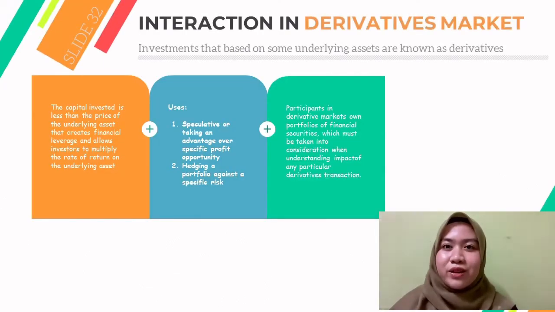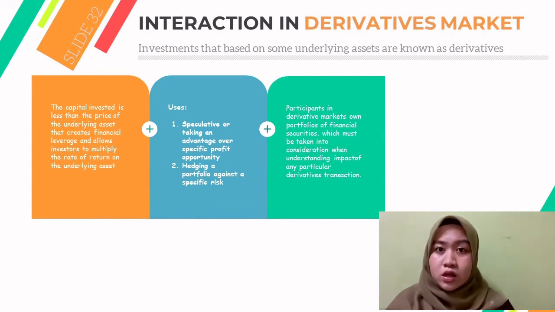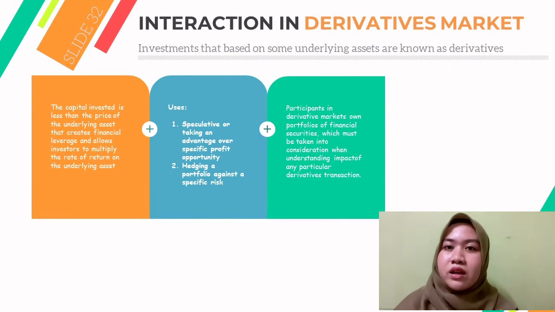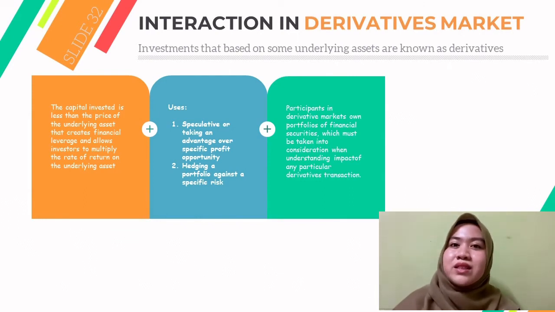And last but not least for our subtopic, I will be explaining about the derivative markets. Derivative markets can be summarized as where the investment is based on some underlying assets that are known as derivatives. So the capital invested is less than the price of the underlying asset. That will create financial leverage and allows the investors to multiply the rate of the return on the underlying